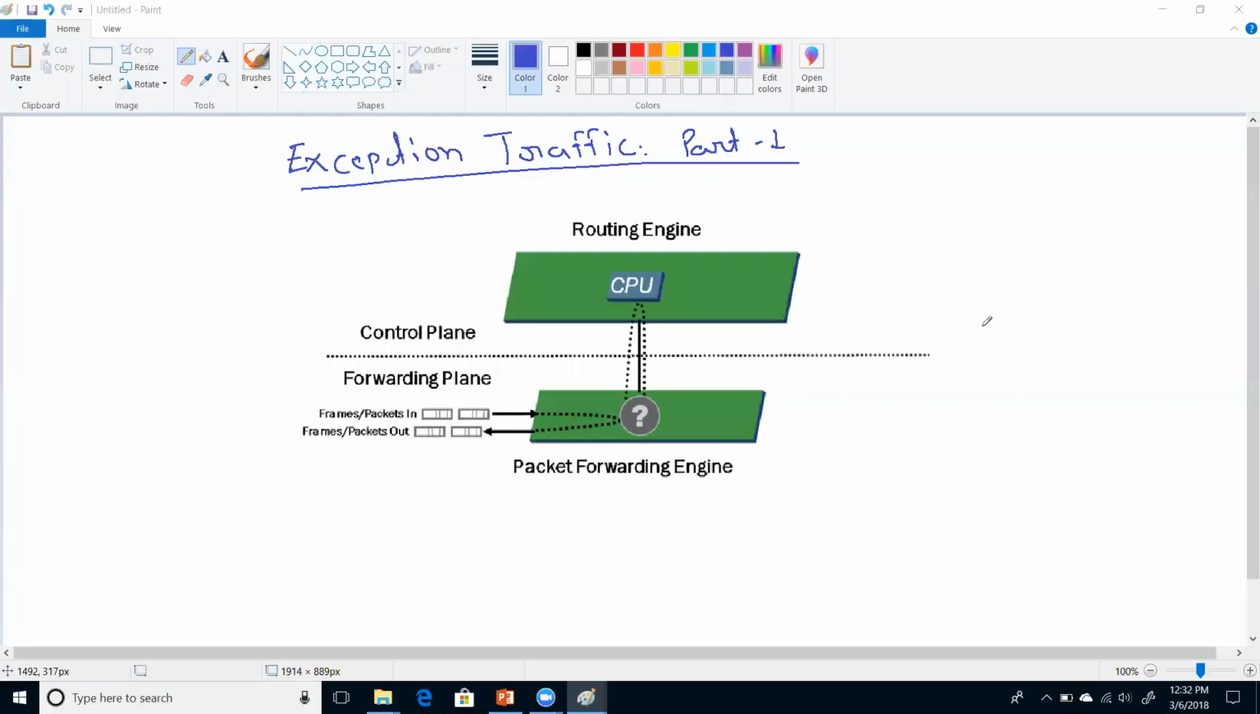Next is exception traffic. Unlike transit traffic, exception traffic does not pass through the local device but rather requires some form of special handling. Examples of exception traffic include the following: packets addressed to the chassis, such as routing protocol updates, telnet sessions, ping, traceroute, and replies to traffic sourced from the RE. IP packets